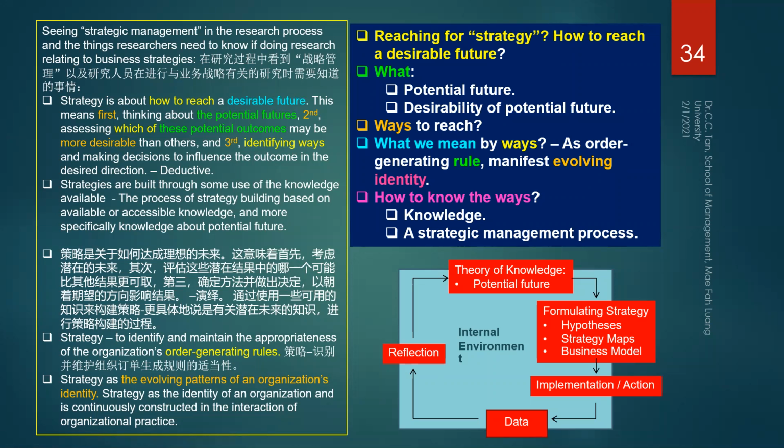So where do you get your competitive strategy? Well, it comes from your knowledge. Show me your knowledge, and I will tell you your competitive strategy. Okay, and another one comes from where? From your data. From where? Your analysis, or from the entire process. So your strategic management process is also the way. And where is your data? Well, your big data. So data, big data. Show me your data.